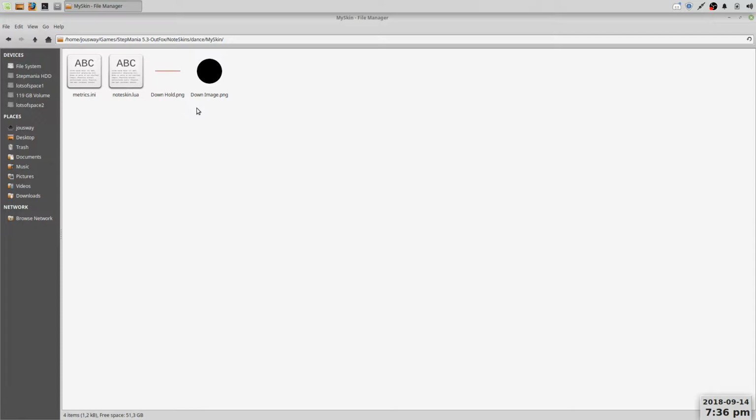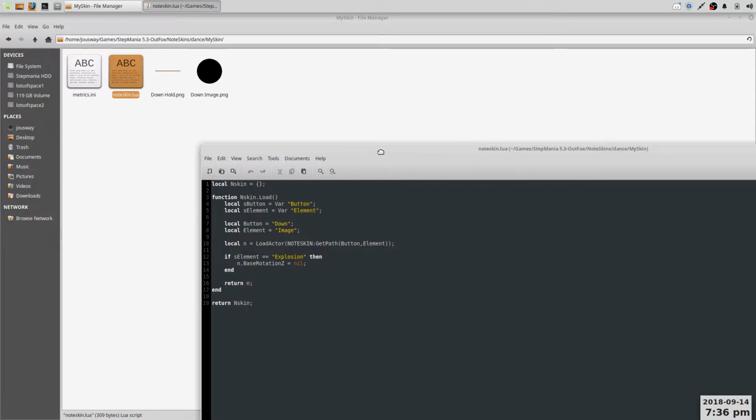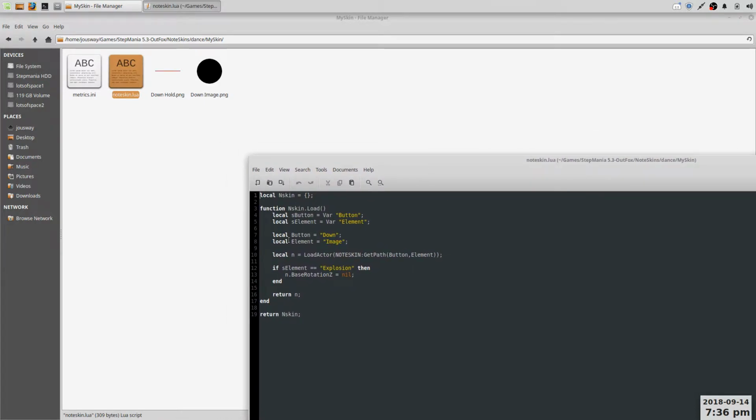What we now need to do is write the code for the down hold to work. So we open the noteskin.lua and we're gonna modify it. What we did the last time was just make the element be image. We do not want to do that. We can leave this the way it is now, but we're gonna add a little bit more code, which is like this. If string.find sElement, so we're gonna search this one, for hold,